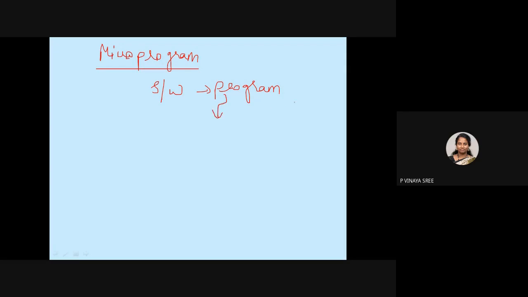It has to be saved inside a memory, and we save it in read only memory. In present days, in some cases it will be stored in random access memory also, but let us consider that the program is present in read only memory.